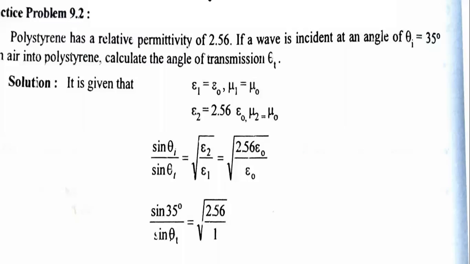Polystyrene has a relative permittivity of 2.56. If a wave is incident at an angle theta I equal to 35 degrees from the air into the polystyrene,